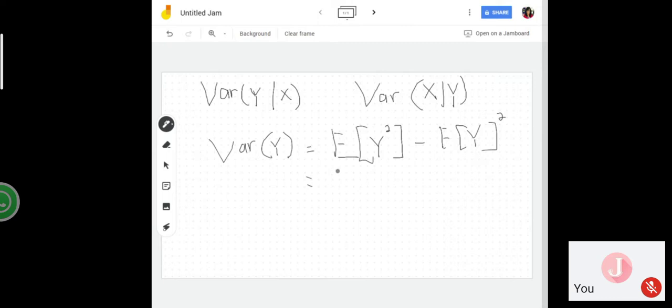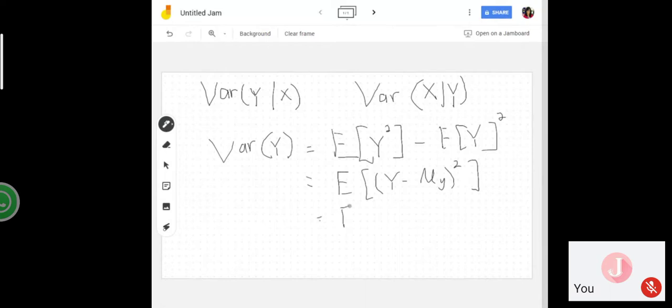Siapa ingat? Y minus Y bar. Siapa ni? Putra. Putra, bagus. Tapi bukan y bar. Tukar sikit. Expected value of y minus mu y, bukan y bar, mean of y, which is mu y. Kuasa 2 ataupun boleh tulis sebagai